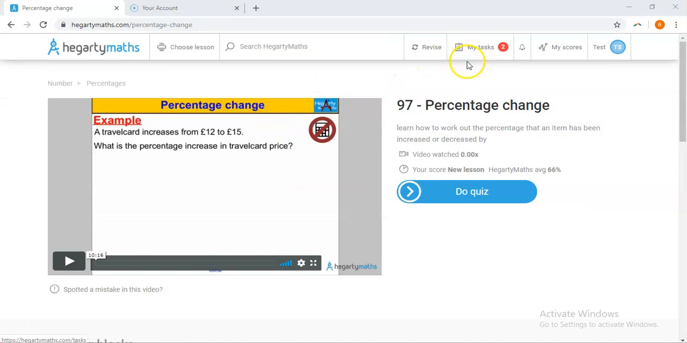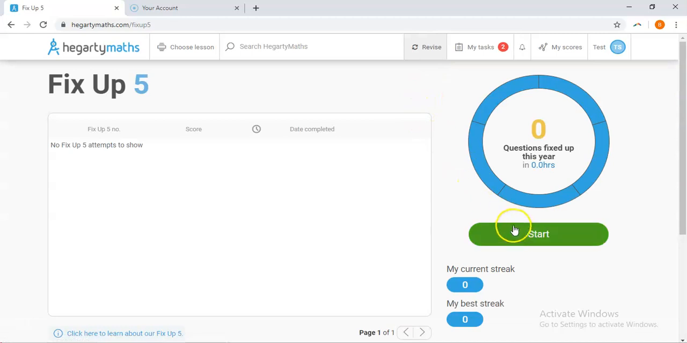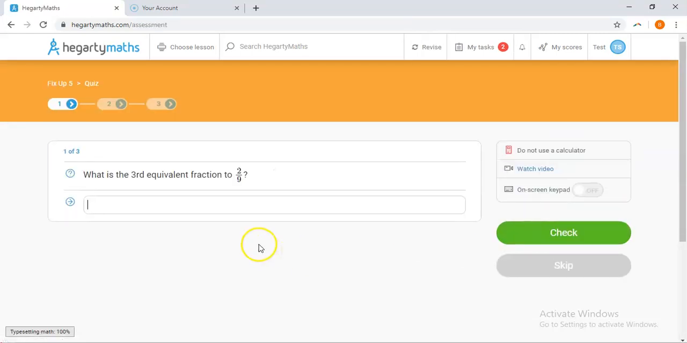Other functions on Hegarty Maths that are brand new is if you click revise at the top, then there are 2 options. You can either click fix up 5, and what this will do is when you click start, this will find any questions previously that students have got wrong. So it will find questions from maybe a year ago or a month ago or even a week ago that students have got wrong and ask them to revisit that to see if they've improved. So that's sort of sorting your mistakes out from the past to show that you are getting better,